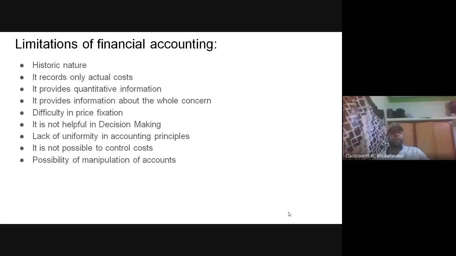So possibility of manipulation of accounts. So basing upon the financial accounting, the manipulation or window dressing is possible. So if you want to overstate your financial statement, you want to show a window dressed figure of your assets and liability position, then it can be possible through the help of this financial